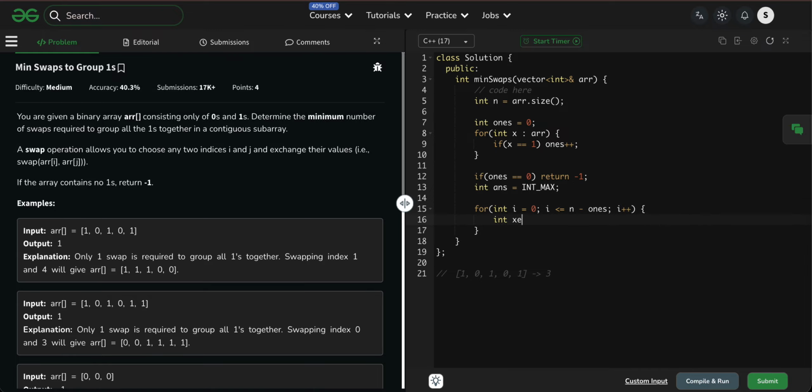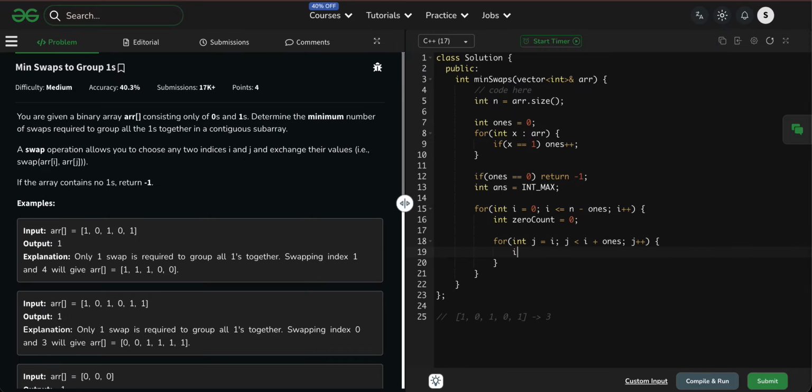Now int zero count equal to 0 here. Now for int j equal to i, j less than i plus ones, and j plus plus.